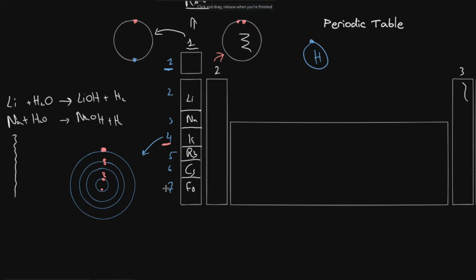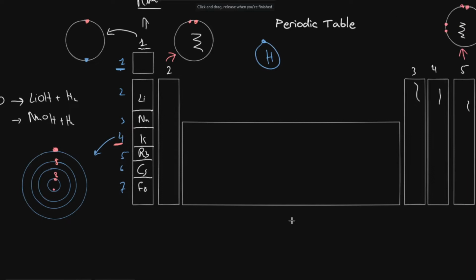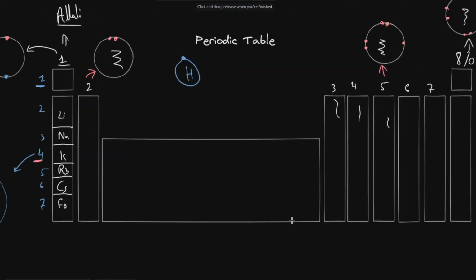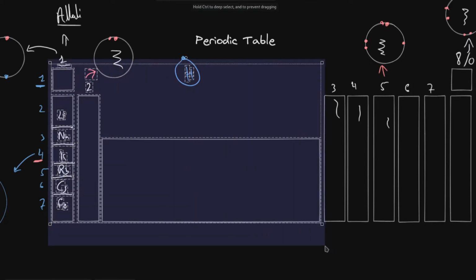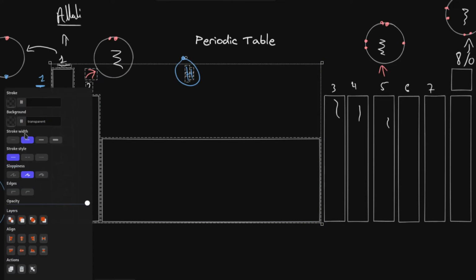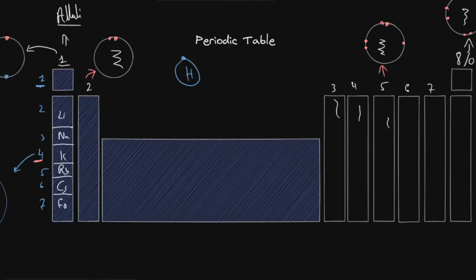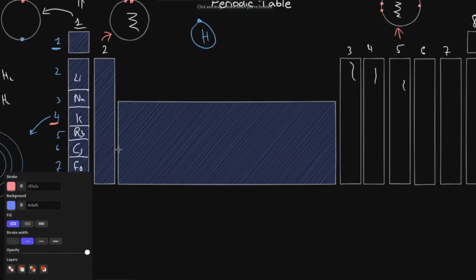This was just a very short video about gaining the information that the periodic table is capable of providing. Furthermore, a periodic table is divided into some sections, and let's identify those sections right now so that it would help us get a grip on many things. This shaded region is